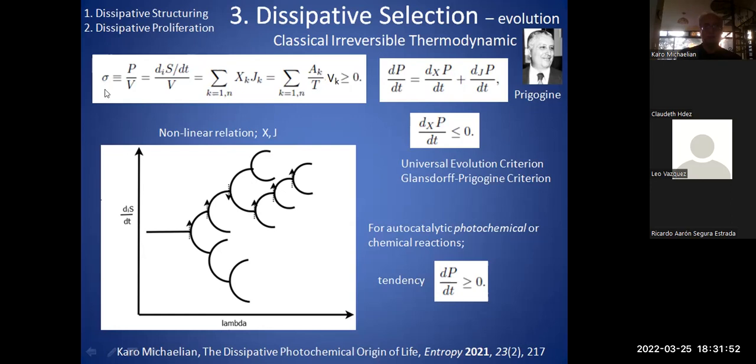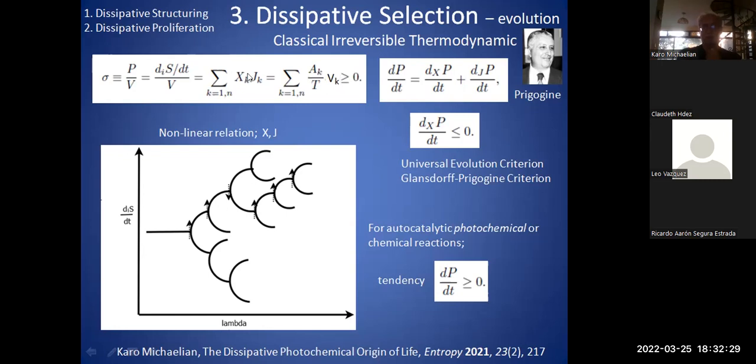So just very briefly then, the production of entropy, P over T, this production of entropy per unit volume, V, sigma is per unit volume, sometimes written as d_iS/dt, which refers to internal production of entropy in the system, okay, is just equal to a bilinear form of forces times flows. So for example, in the case of a chemical reaction, the force is the affinity over the temperature, and the flow is the rate of the reaction. So that comes from the book of Prigogine. We're going to see that later in the class. We're going to go over that.